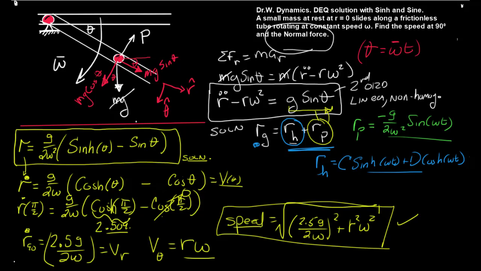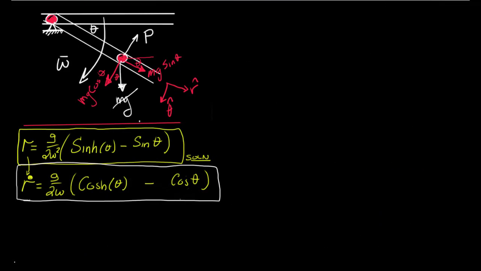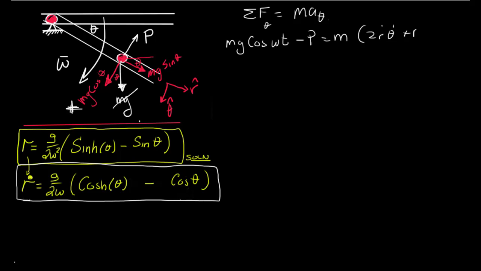Next, we're asked to take a look at the normal force. And the normal force we assumed was acting upward, and that is as the ball rolls out slowly, we're supporting it on the way down. So notice that that's in the negative theta hat direction. So let's see if we can figure out what this normal force would be. Let's take a look at the sum of the forces in the theta direction. Now this is the positive theta direction here. We have mg cos of omega t minus p is equal to m times 2 r dot theta dot plus r theta double dot. And since this is rotating with constant speed, alpha is 0,